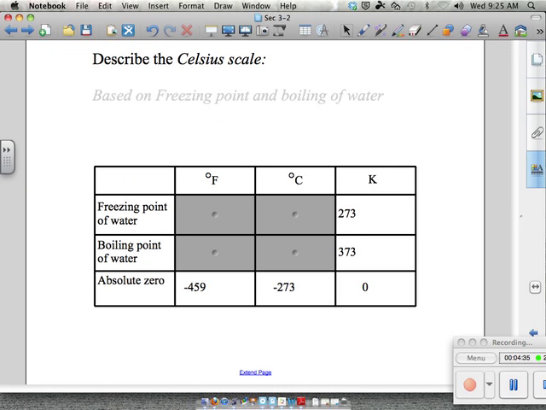The Celsius scale is based on the freezing and boiling points of water. We know on the Fahrenheit scale, water freezes at 32 degrees. In the Celsius scale, it freezes at 0 degrees. We know in the Fahrenheit scale, we can boil water at 212, and in the Celsius scale, water boils at 100 degrees. If you take a look at the Kelvin scale, this very last column on the chart,